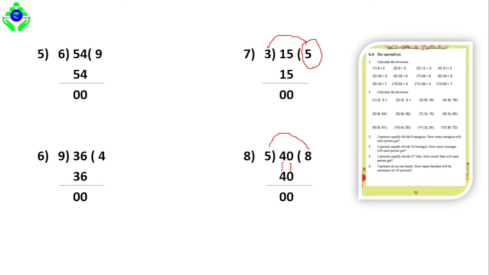4 minus 4 is equal also to 0. That means the answer will be 8. So dear students, I hope you all were able to understand question number 7, question number 8. Now it's time to solve question number 9, where the question is 9